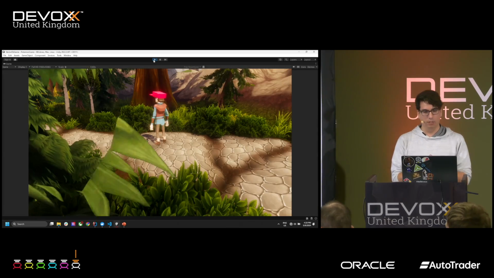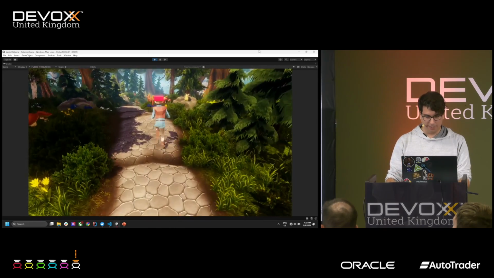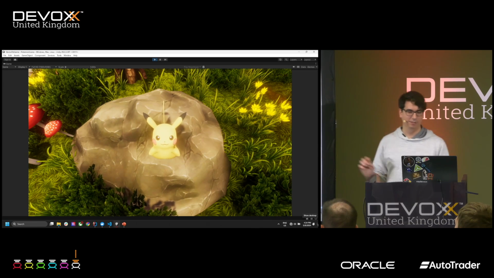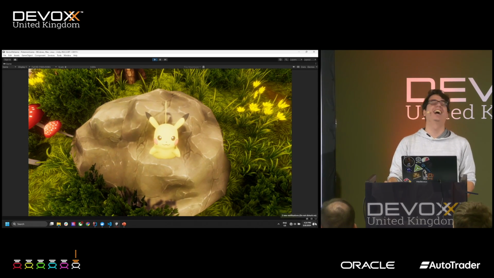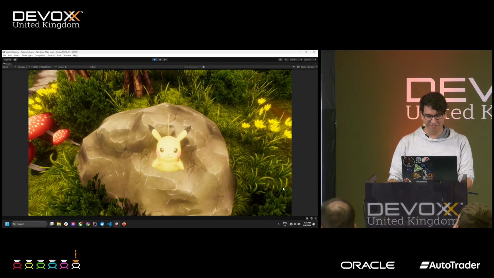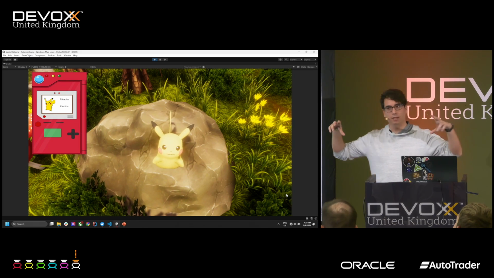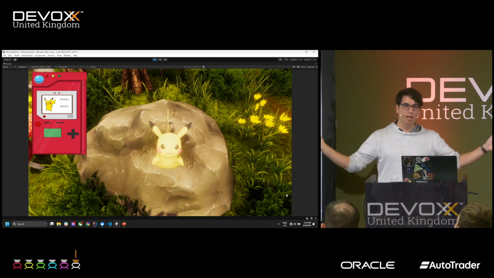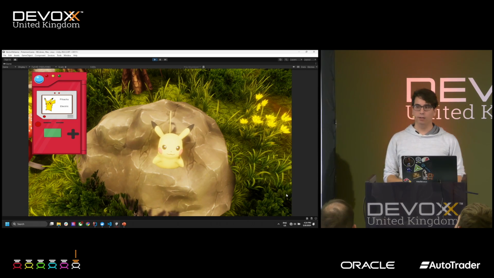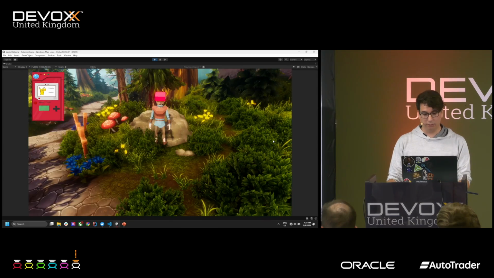This is Ash, as you've seen him from the anime. We were walking around, and we see this is 25. Yes, that is correct. All right. If I take a picture, it is indeed Pikachu. What happens is we're taking a snapshot of the camera frustum, and we send that to the database. The database is trying to match that with the icon in the database, which is exactly what you see there, Pikachu. That's pretty nice, right?